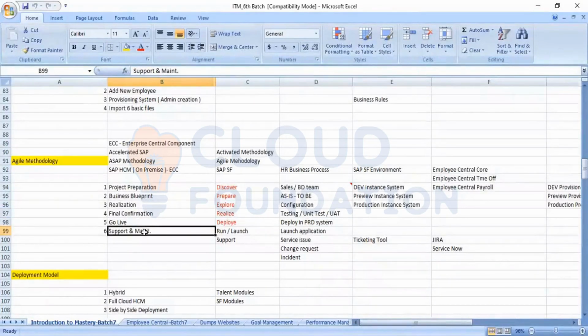Similarly, when we come to the other product, the cloud product SuccessFactors, when a customer goes for implementation it is known as agile methodology or activate methodology. In terms of cloud, the activate methodology is again divided into stages: discover, prepare, explore, realize, deploy, run, launch and support.